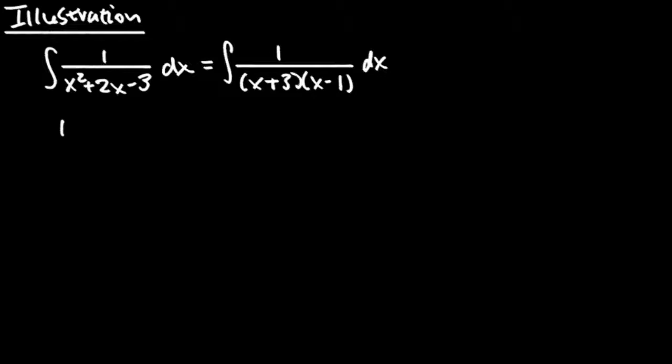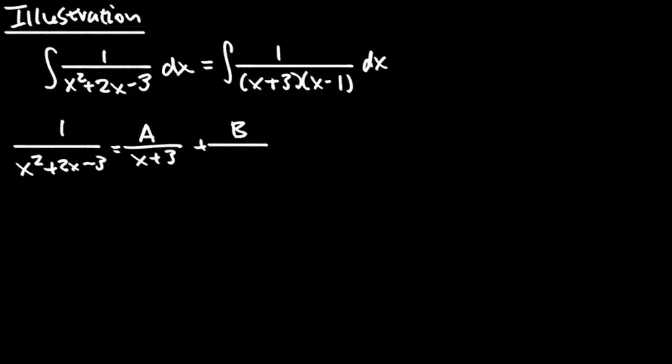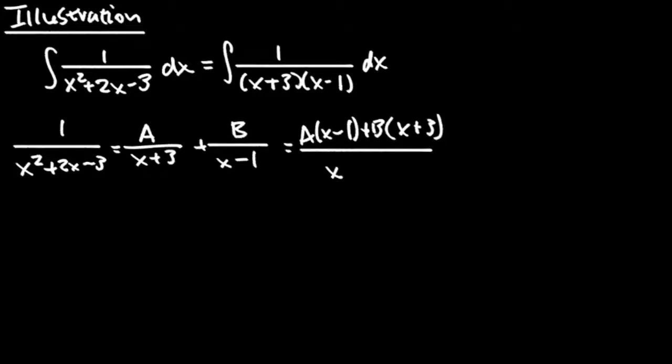Alright, so this can be broken up. What we're claiming is that 1 over x squared plus 2x minus 3 can be broken into something over x plus 3 plus something over x minus 1. What is that? Well, let's figure it out. Let's combine the two fractions here. That'll give us a times x minus 1 plus b times x plus 3 all over